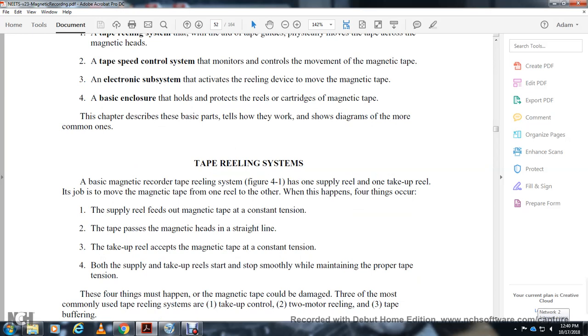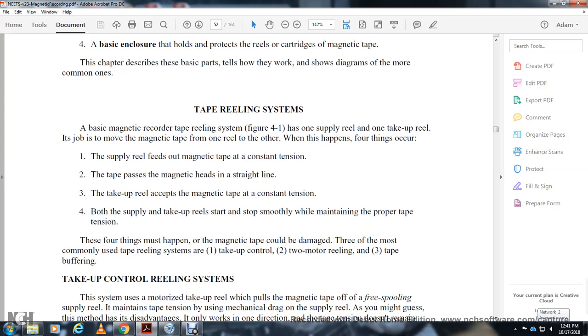with the job of moving the magnetic tape from one reel to the other. The supply reel feeds the magnetic tape with constant tension. The magnetic head lines the tape with the reels. Constant tension on both supply and take-up reels must be maintained to keep proper tape tension. Three things must be controlled or the magnetic tape may be damaged. The three most common tape reeling systems are take-up motor control,